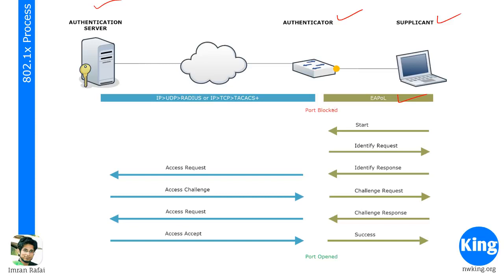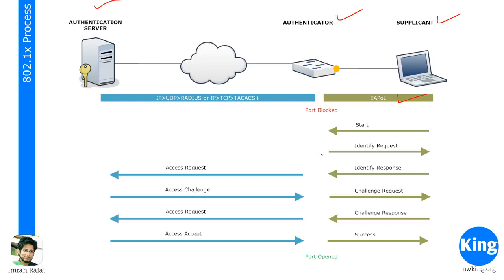So when you start, the port is blocked, right? The first message that the supplicant sends is an EAPOL start message. Now, the EAPOL start message is not mandatory. Not all devices need to send that. Even if it doesn't send one, an authenticator which has 802.1x enabled on the port, that port will